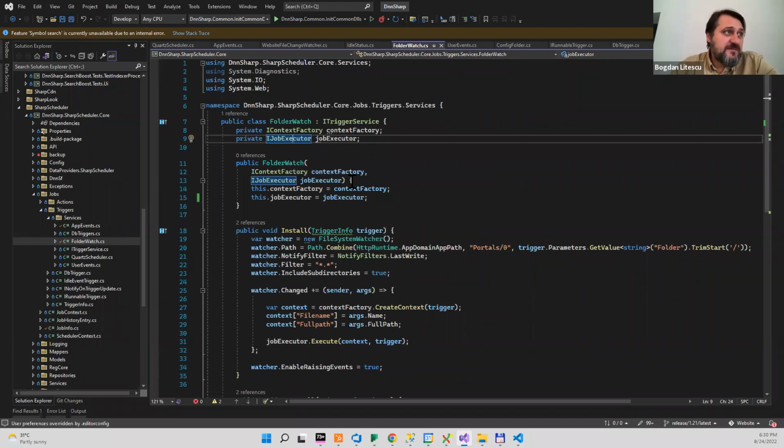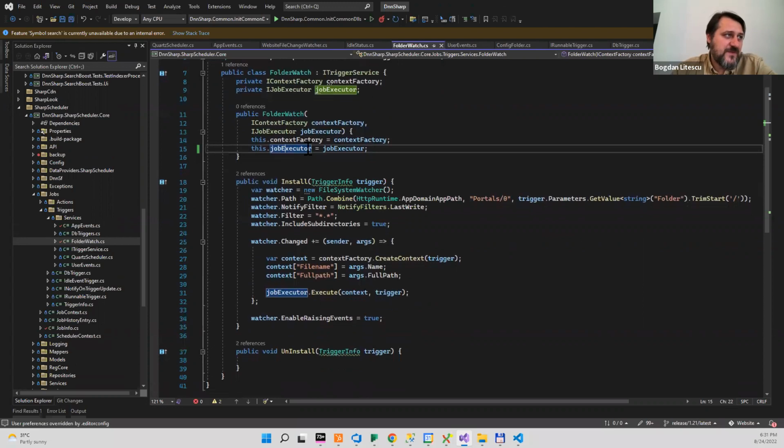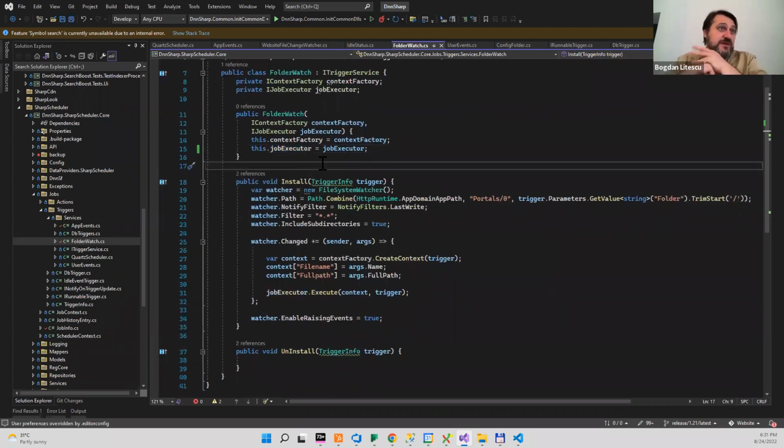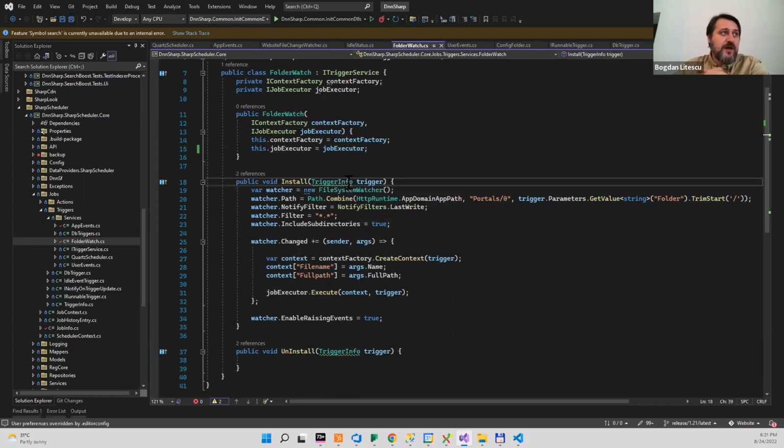And basically, that's how dependency injection works with the constructor. The constructor is just receiving these parameters at creation time, and just stores them in these two local variables. And then it comes to the install time. At install time, you receive an object of type TriggerInfo, which basically means the configuration